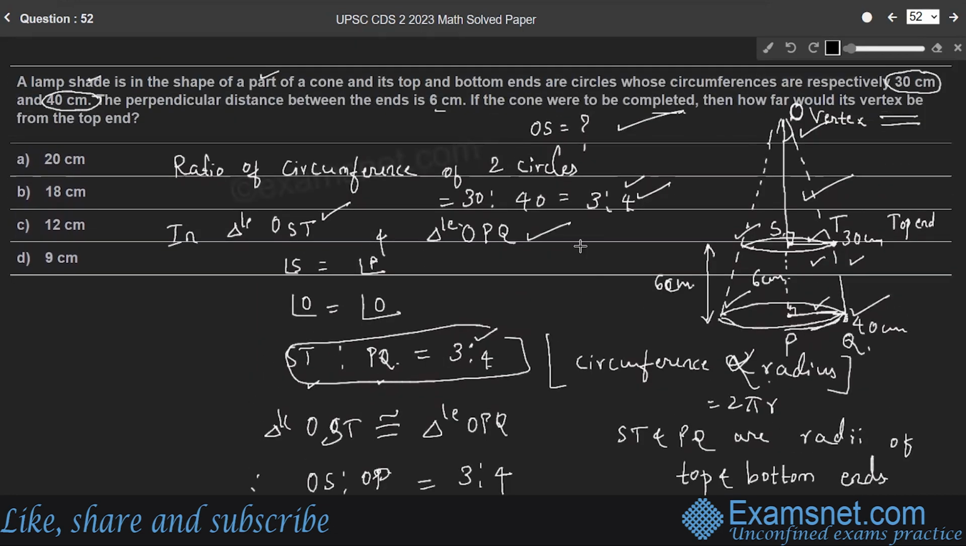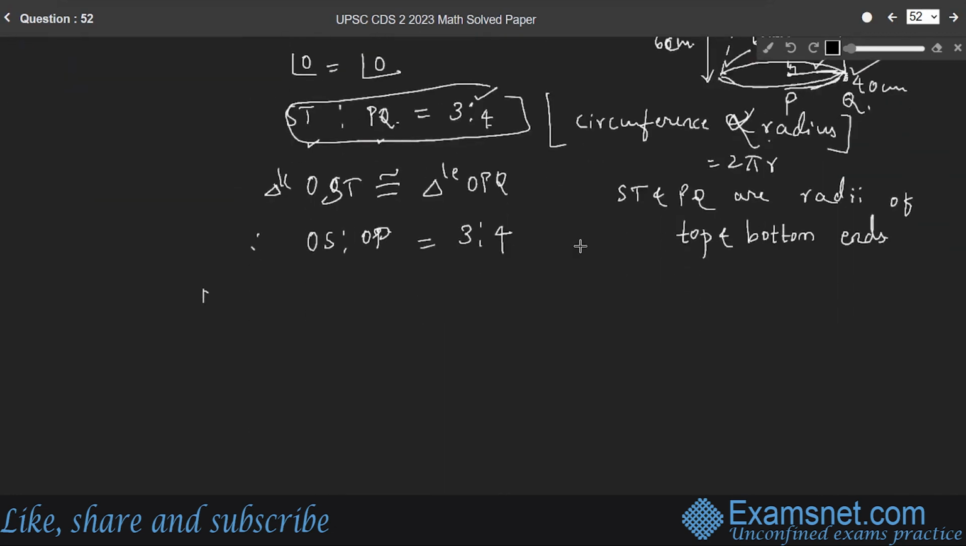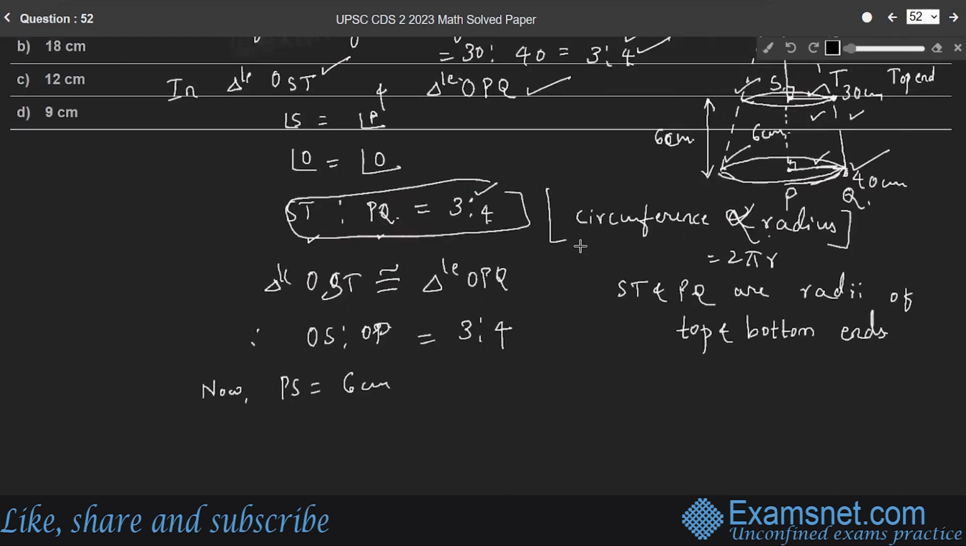And here we have the SP distance, which is 6 centimeter, which is already given. The perpendicular distance between the ends, they have already given. So PS is 6 centimeter. The distance between the two ends is 6 centimeter. So I can call it as 1 unit,